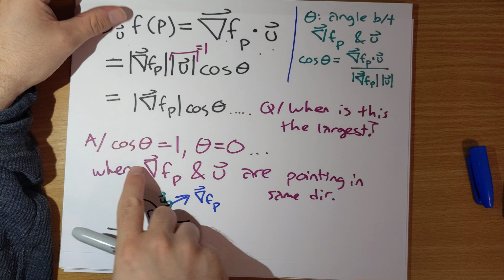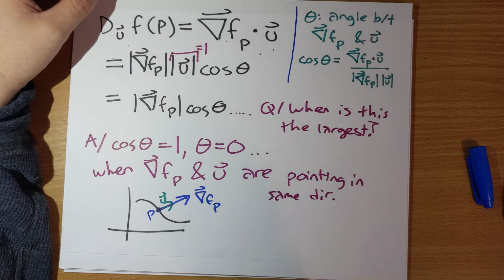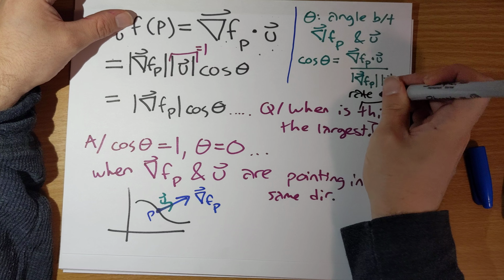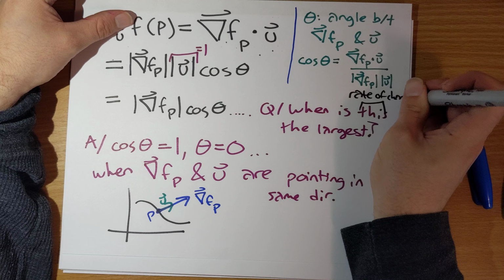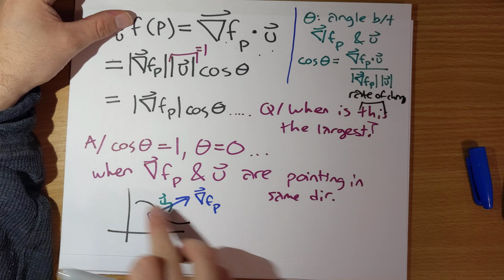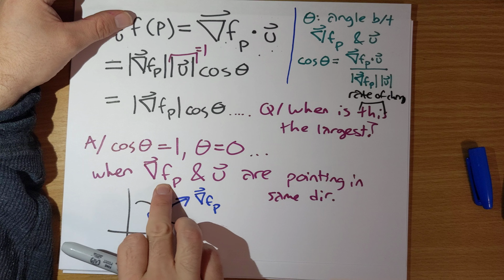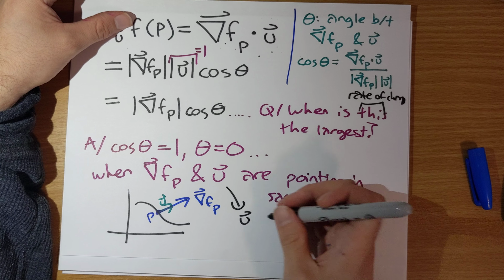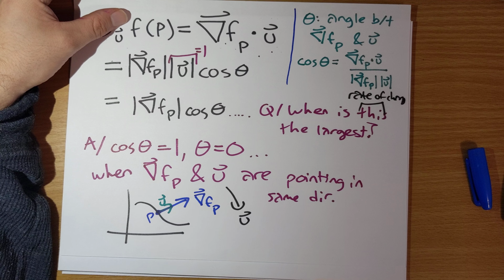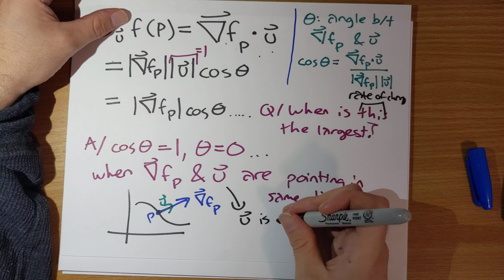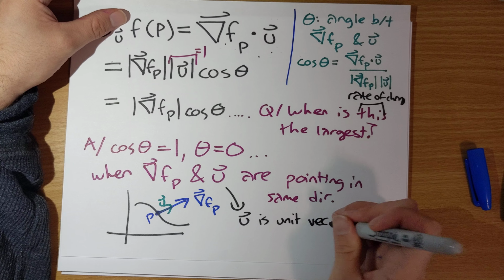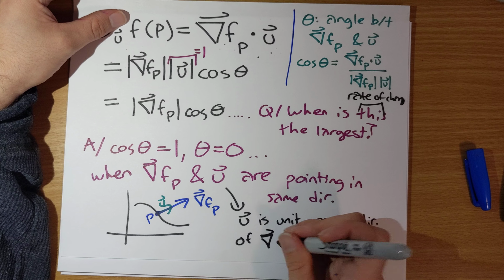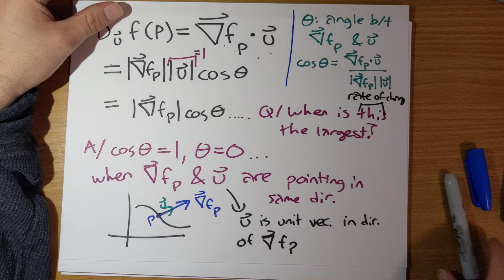When is this the largest? When is this rate of change the largest? When the gradient f evaluated at P and U are pointing in the same direction. U is the unit vector in the direction of the gradient f evaluated at P. So,